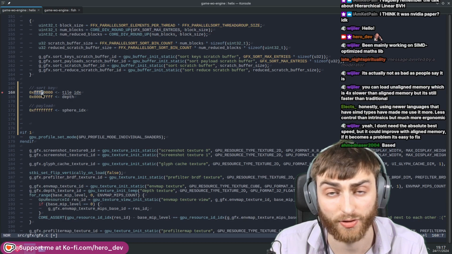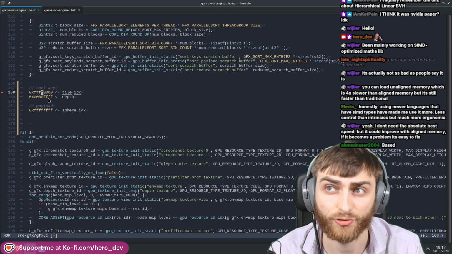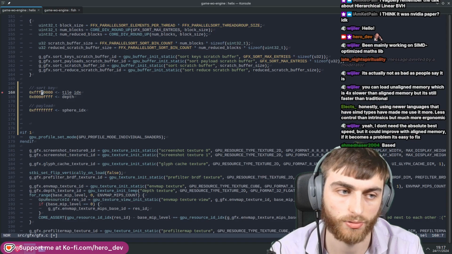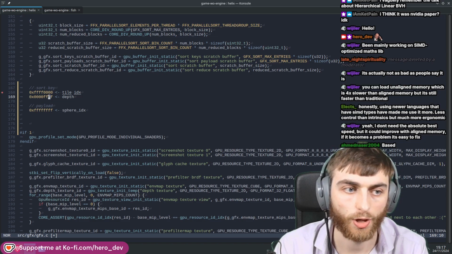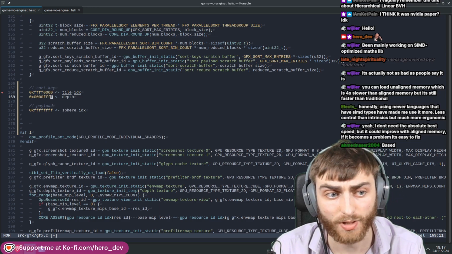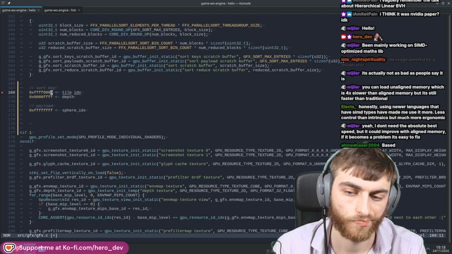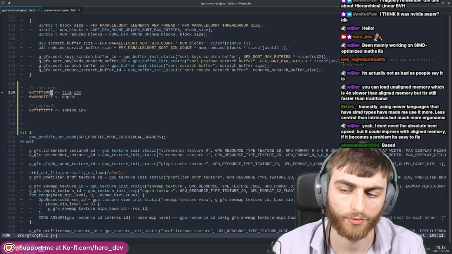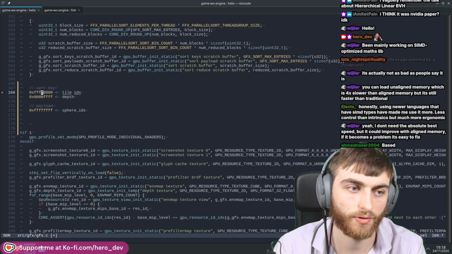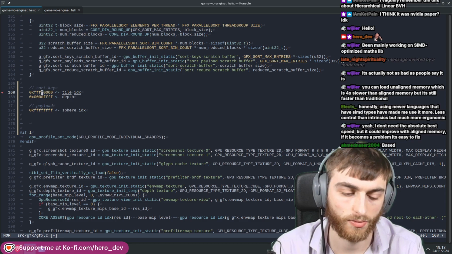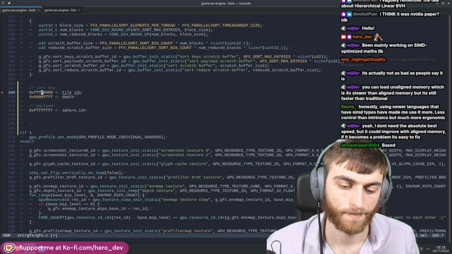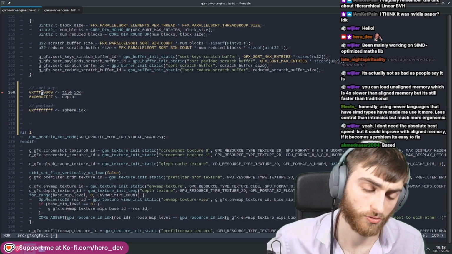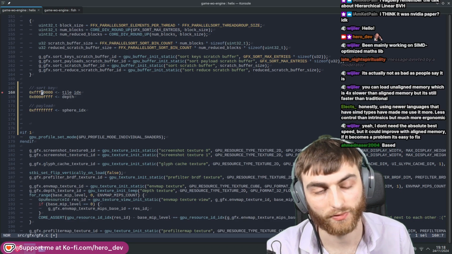So the first 16 bits was the tile index. This will support up to a 4K screen with 16 by 16 pixel screen tiles. So if you need a higher resolution, you would need to either change the size of your tile or increase the number of bits in the sort key. And then in the low bits of the sort key was the depth. So when the parallel sort has done the sorting, the most significant bits mean that they'll get sorted by tile index first and then by depth. So within one sorting pass, you can sort all of your spheres into screen tiles and they'll be sorted front to back